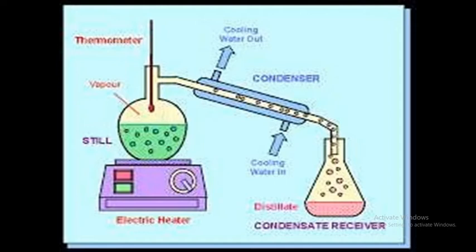When all the vapors reach the condenser, these vapors start to condense due to the low temperature at the condensation zone. So all the vapors are converted into liquid again. This liquid is transferred to another conical flask. This is called distillate or top product or desired product.